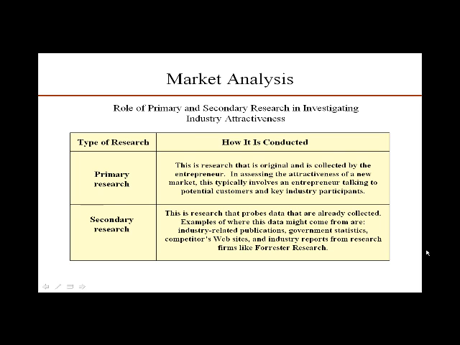Here's the difference between primary research or primary sources and secondary. Primary research, well, let's take secondary research first. Secondary research is stuff that's out there, on the web, in books, available. Advantage? It's cheap. It's there. It exists. The problem with secondary research is that it could be stale. Even by the time it gets on a website, the market may have changed. It may not be relevant to your particular niche.